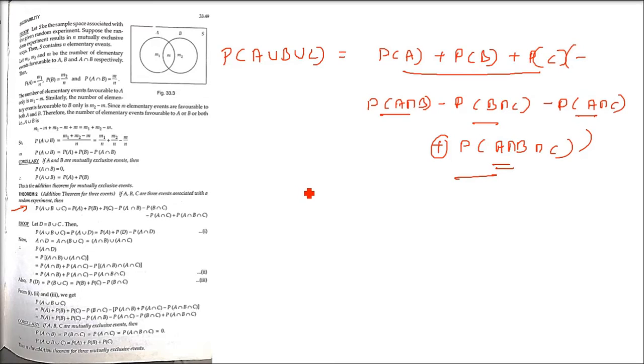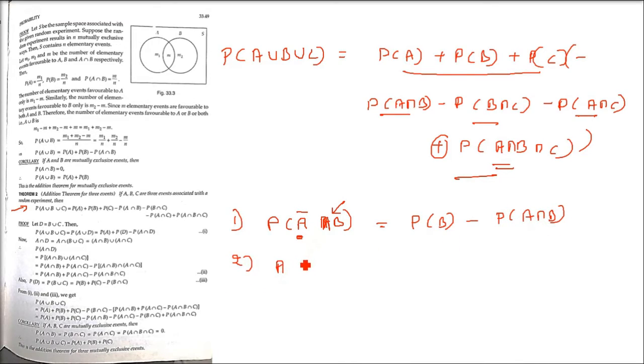There are a few more theorems. I'll just write them and show you in the examples how to use them and what they mean. A and B are two events. The first one is the probability of occurrence of B only. That is, A is not happening, that is why we take A bar intersection B. A is not happening, only B is happening. So you can write it as P(B) minus P(A intersection B).